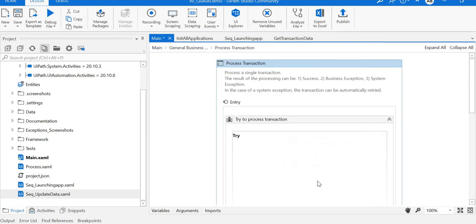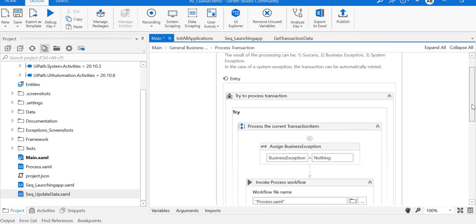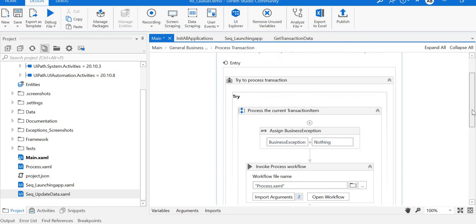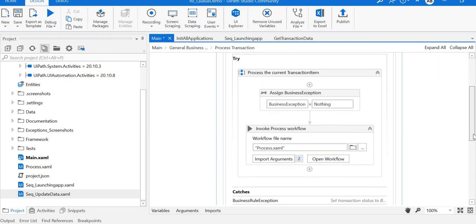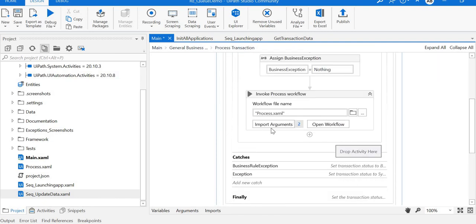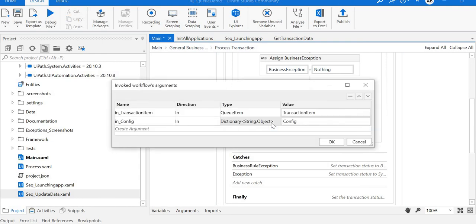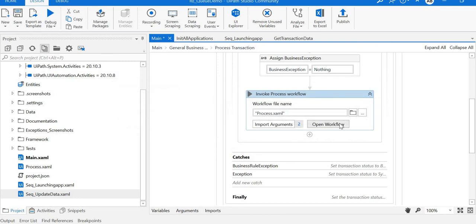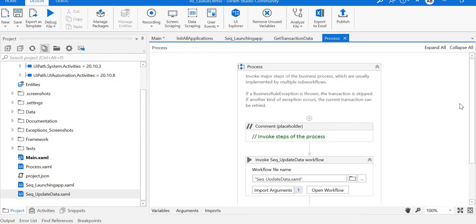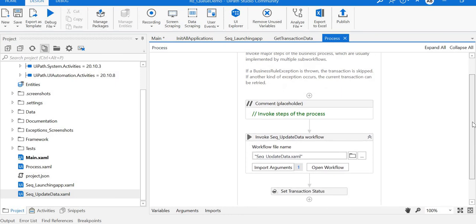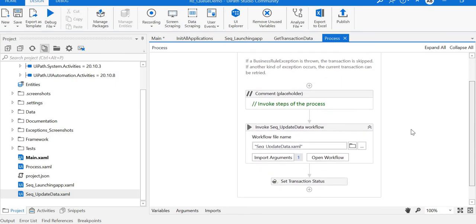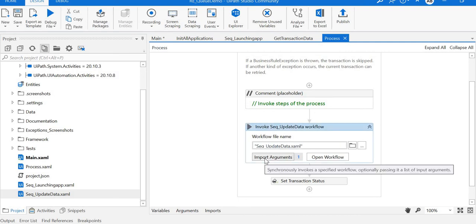If you click on the process, here you could see process the current item, no need to change anything. Here is a process XAML, by default it will be added. Here also import arguments, I didn't change anything, everything is there by default. Inside the open workflow we need to take care, we are placing our actual logic to update data. Okay, so similarly, if you see here the arguments